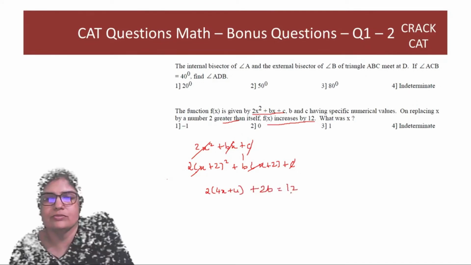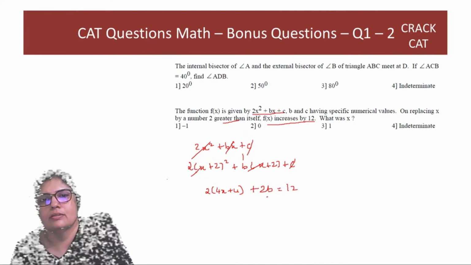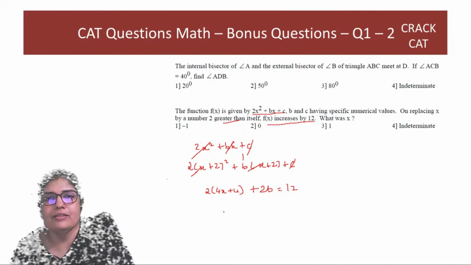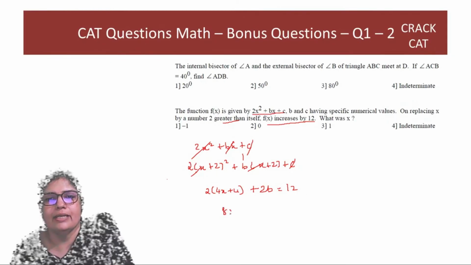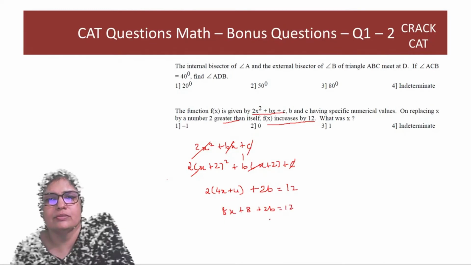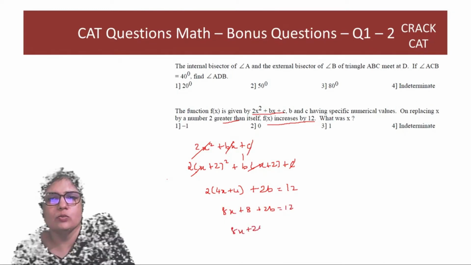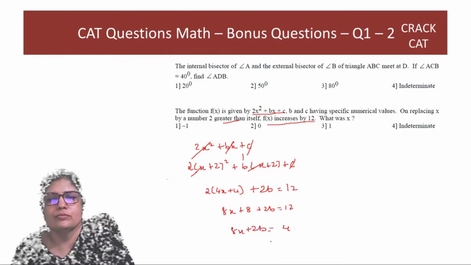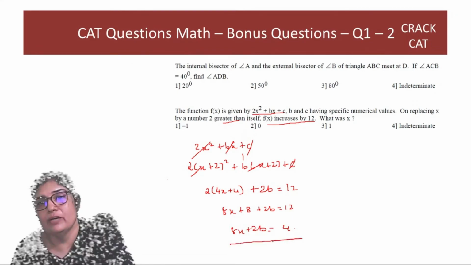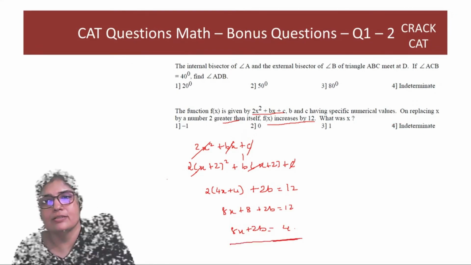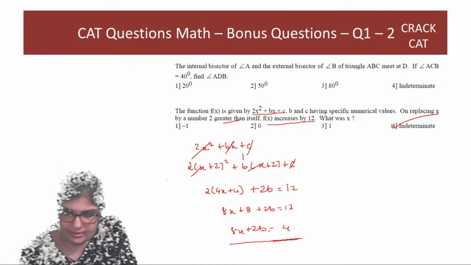This is 12. So you are left with 8x plus 8 plus 2b is 12, and hence 8x plus 2b is 4. Now I need one of them to find the other, so answer here is indeterminate. Right? Next,